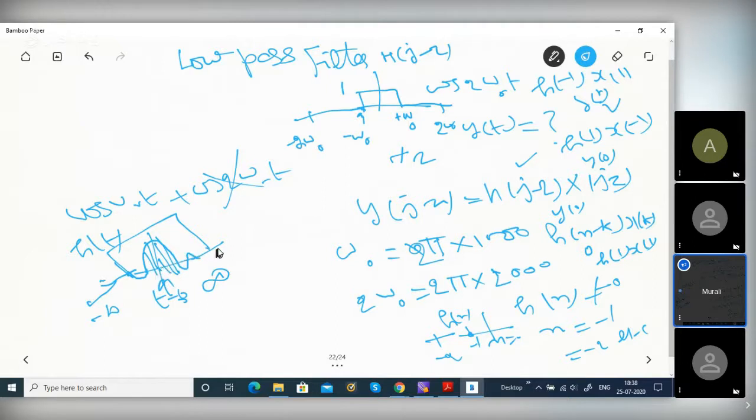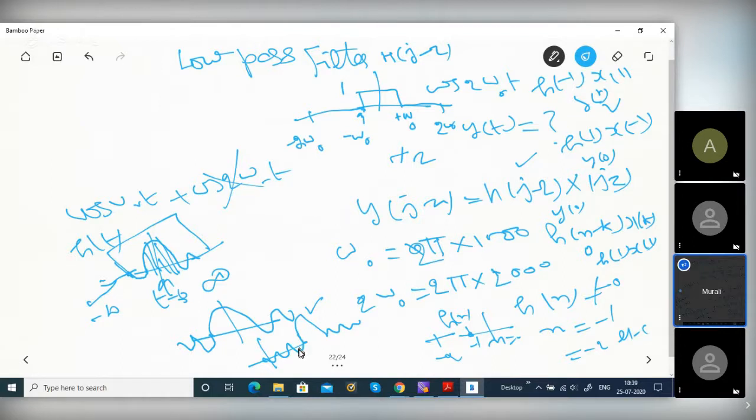But make it causal. How do you make it causal actually? This is non-causal, right? How will you make it causal? You give a delay. I'm just giving an example. Finite tap, I have truncated, it is like this. I give a delay, then this is the peak. This is causal, right? Is it causal? After 0, I have truncated. So it is causal and finite actually. I can realize this, right? Is it clear?